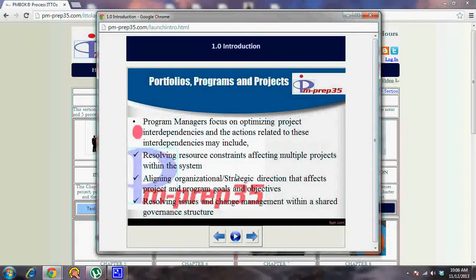The next one the program manager normally deals with is aligning organizational strategic direction that affects project and program goals and objectives. So he's a link between the strategy and the project, and he has to ensure that the strategy is kept in mind while he handles the program or the project. So he has to drive the strategy to the first level, or the project managers. The next point is resolving issues and change management within a shared governance structure. Whatever projects fall under him, he is responsible for training those managers and also to be a model program to all other programs within the organization in terms of forming process,